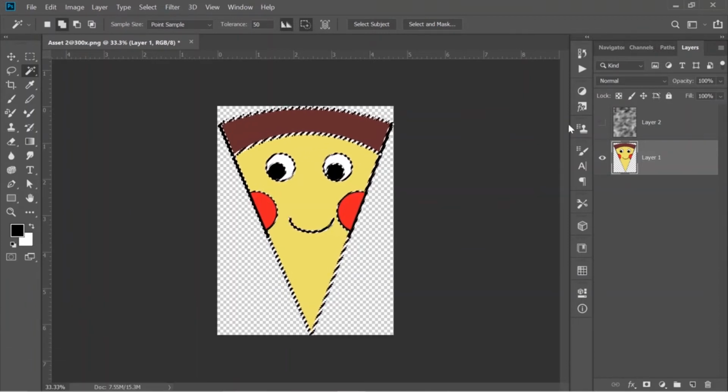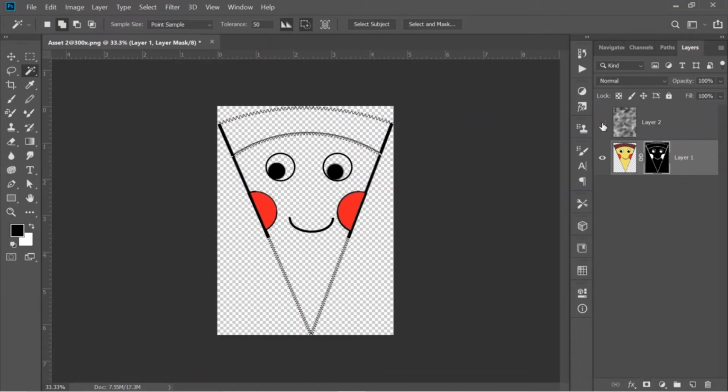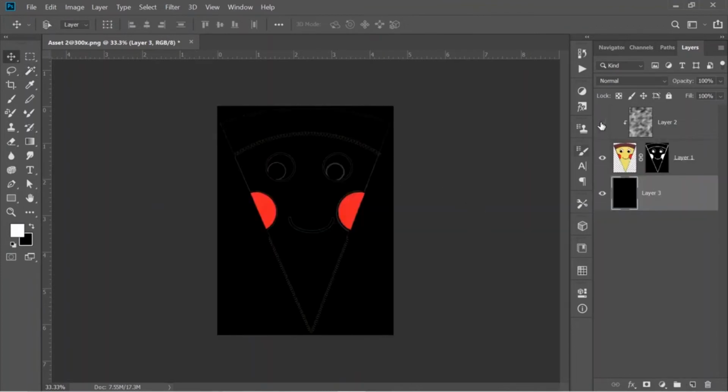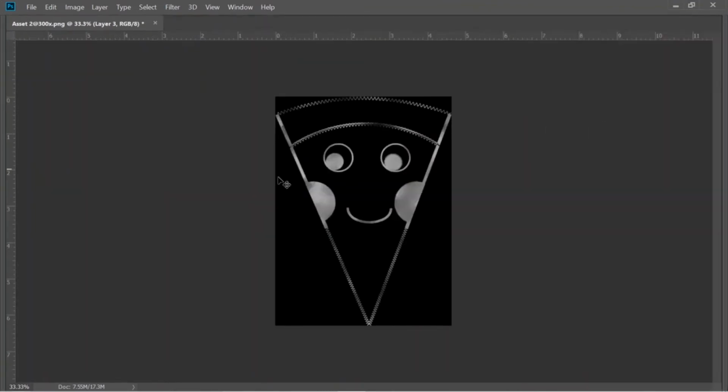Selection is done. Now use your clipping mask to hide the left out area and add black in rest of the area. Our displacement layer is ready, so save it in similar manner.